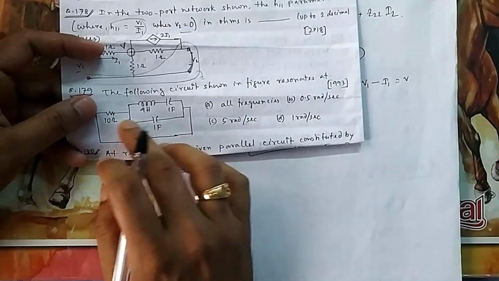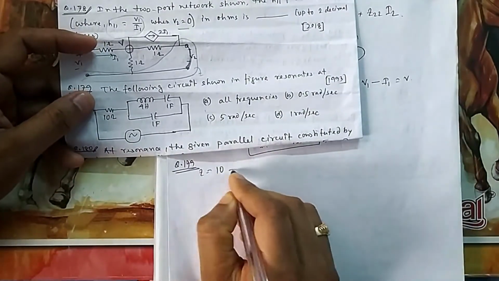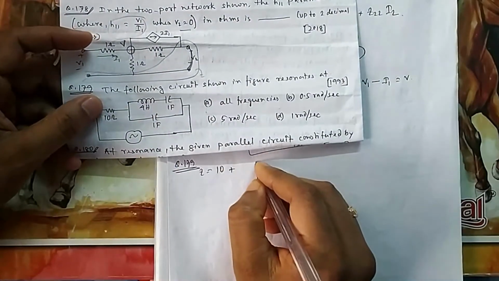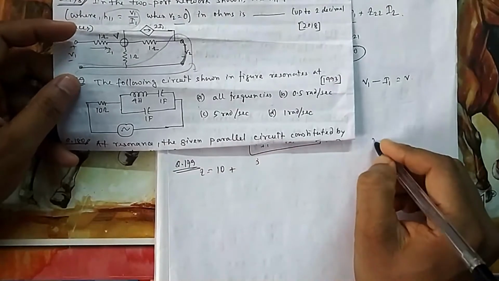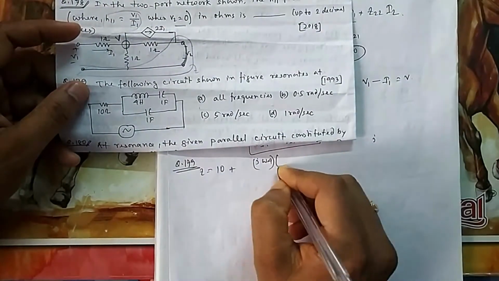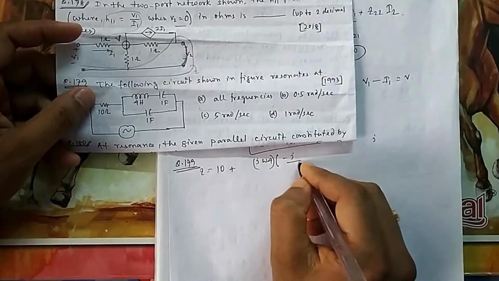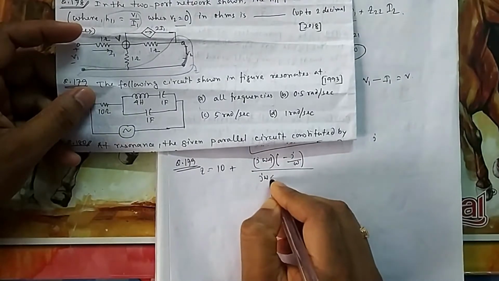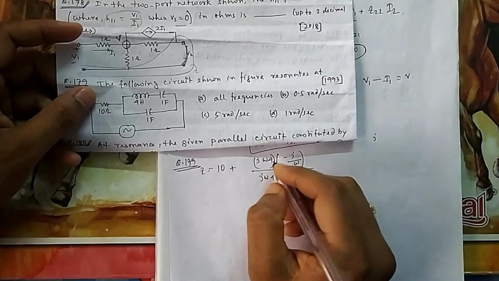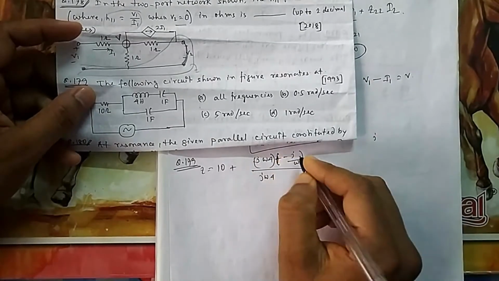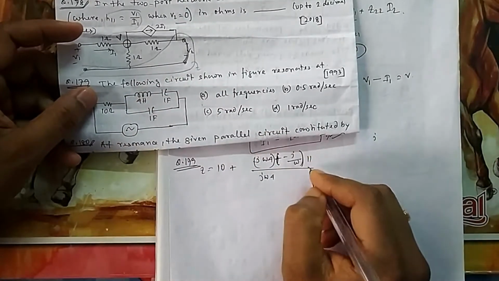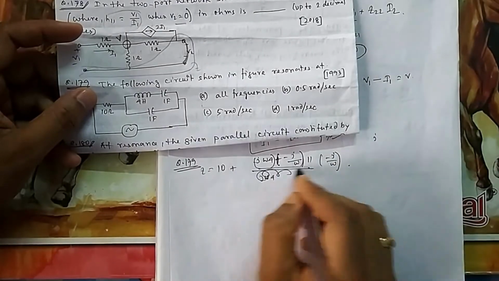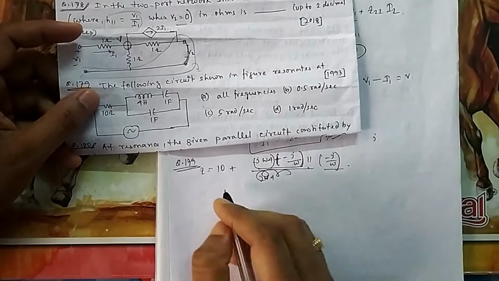So if you calculate Z, because here it is already resistance, it will be real, so let me calculate what is the imaginary part here. It is j omega 4 that is in parallel with minus j 1 by omega c. So c is 1, so 1 by j by omega, and then j omega 4 plus j by. This branch is in parallel with this, plus this is in parallel with this. Now we can do the parallel combination.